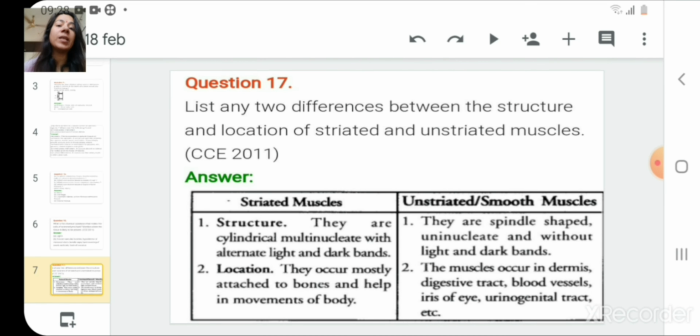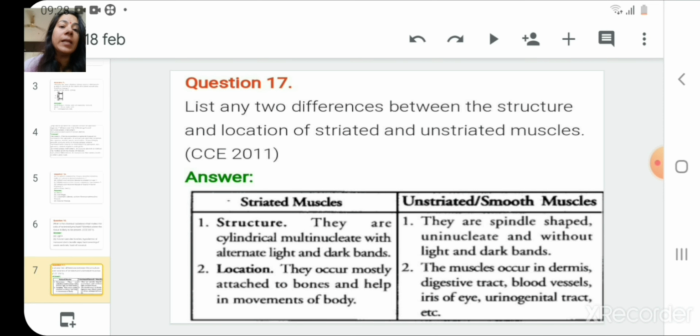Now the next question is, list any two differences between the structure and location of striated and unstriated muscles. This question can be formed in other language also, like differentiate between striated and non-striated muscles, or differentiate between striated and cardiac muscles. Like this way, any muscles can be asked for differentiation. So let us focus on this particular question, where the first point in striated muscles is focusing on the